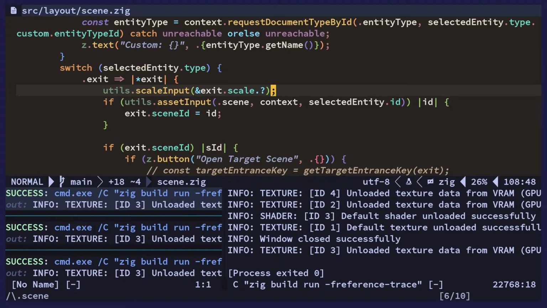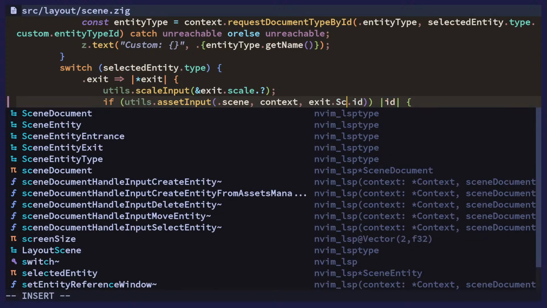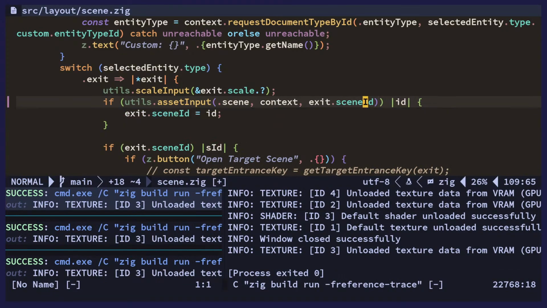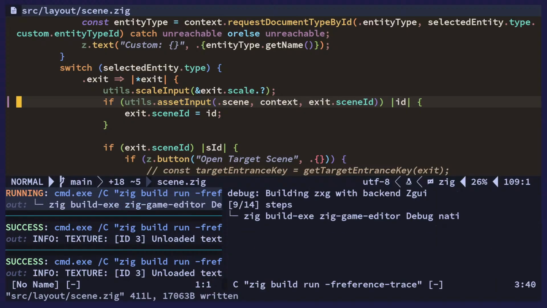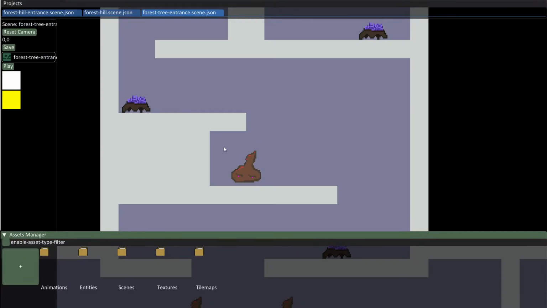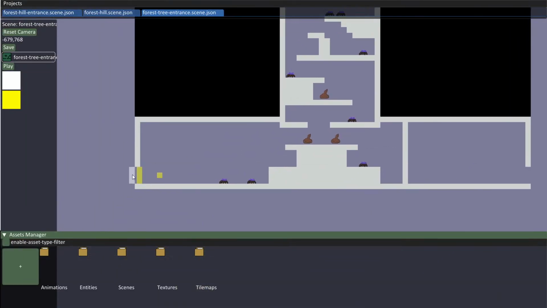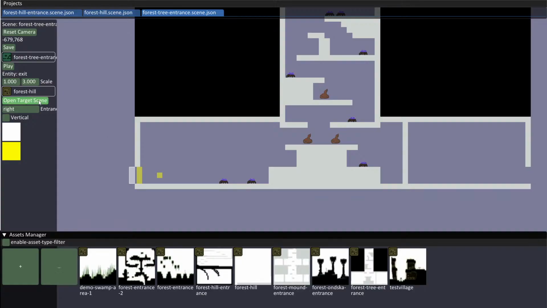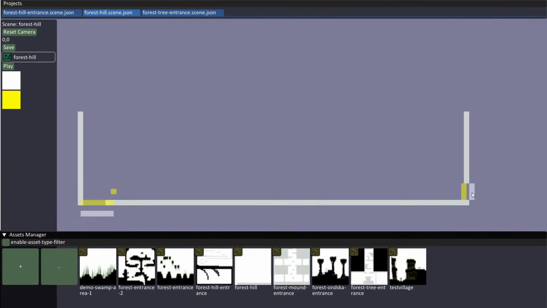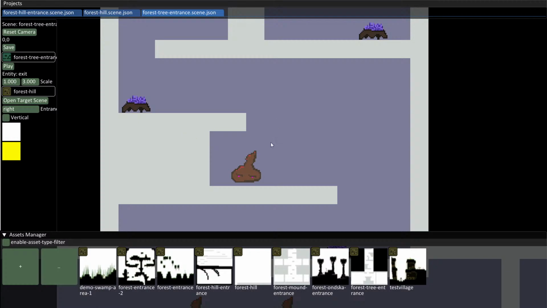That's not correct. No, it should be the exit dot scene ID. Okay, I think I recently changed this, so I must have missed that part. There we go. Now it says Forest Hill there. Okay. There we go. All right. So anyway,